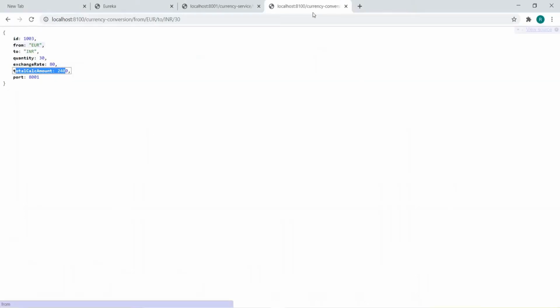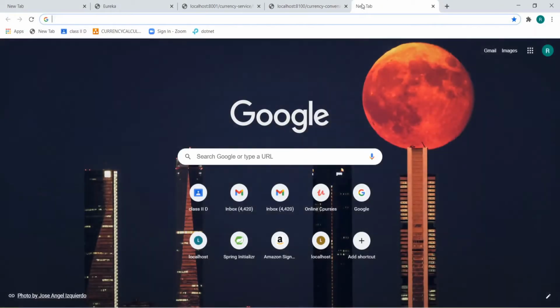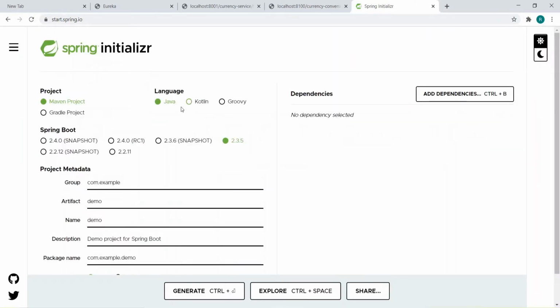So let's go there. How will you do the setup? The same start.spring.io. Here we will select Java, and let's take the package name com.jobscase.java.ashram. Okay, and let's take the project name